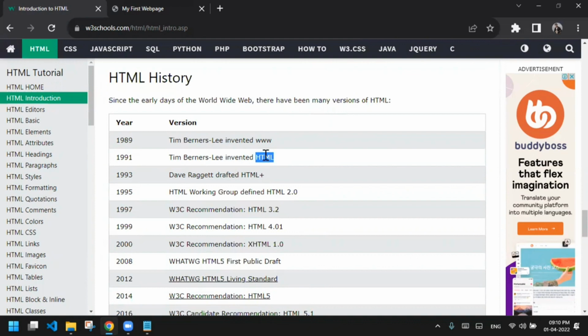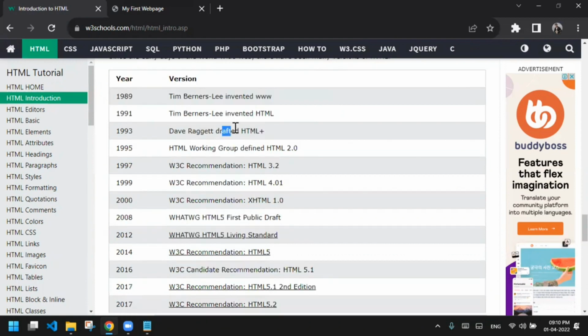There is a history, you can go through it. It is present on the internet, but the more important part is we should be able to learn and write code in HTML. There are other versions of HTML like HTML3, 4, or the current version is HTML5, and for that only we have written document type definition, which is doc type declaration at the top of our code. And currently HTML5 version is the present version at this point of time,